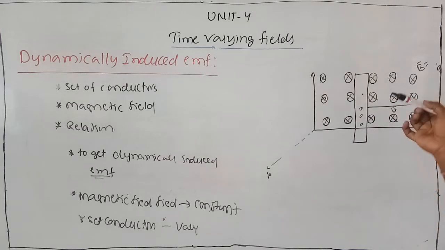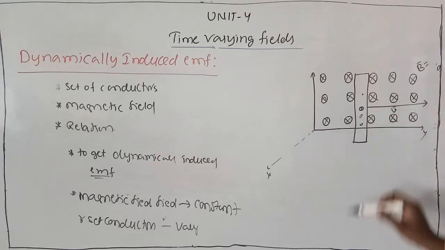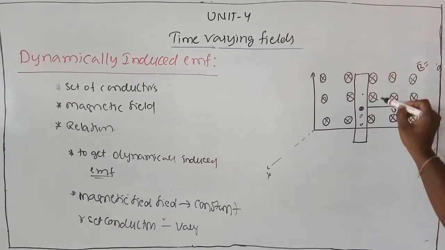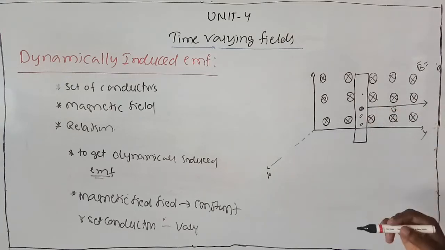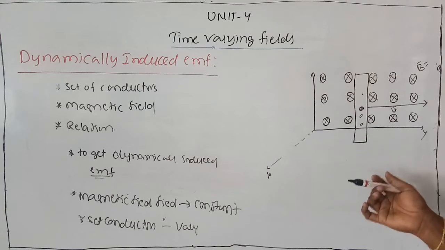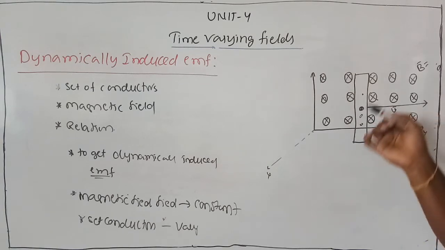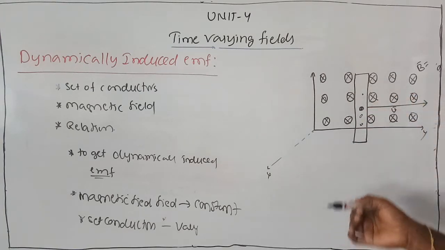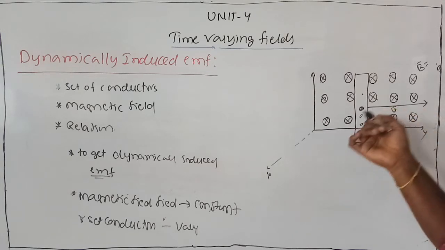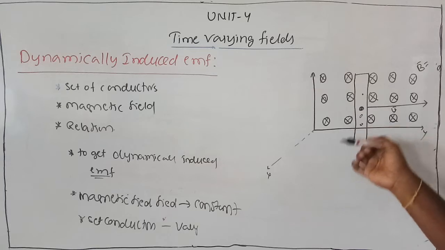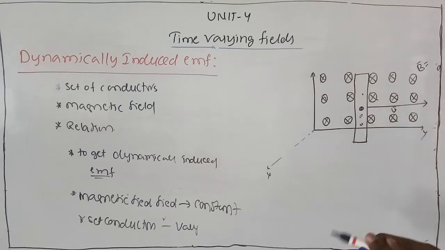So what is the force experienced on the charge? As the charge is inside the magnetic field and it is moving with a velocity of V bar, that means it is indirectly saying that the current carrying conductor is under the magnetic field. So whenever a current carrying conductor is under the presence of a magnetic field, force is experienced on the charge. So the force on the charge will be determined by using Fleming's left hand rule.